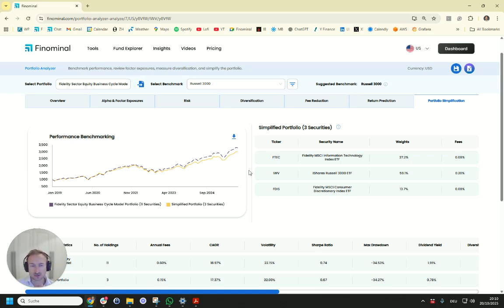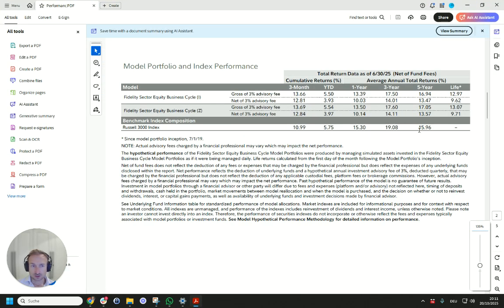So as mentioned, this is 11 securities. From our perspective, you should be concentrating those positions, try to have clear factor exposures, and not try to have a little bit of everything, because you're just back at market beta, but at 60 basis points. And that's, of course, the other conclusion. You can reduce the cost for this portfolio from 60 basis points to 8 basis points if you want. But then, if you would follow this model, be aware that historically this strategy has not done so well, which is kind of disappointing for